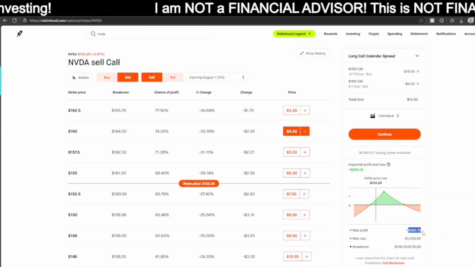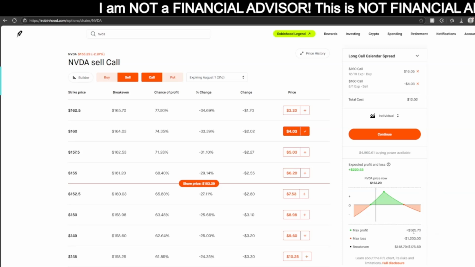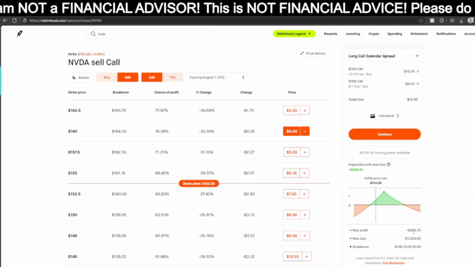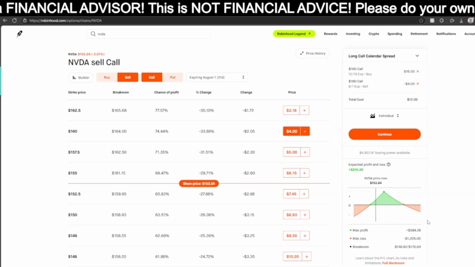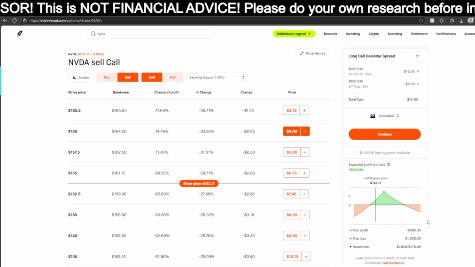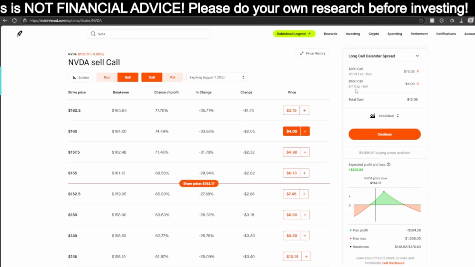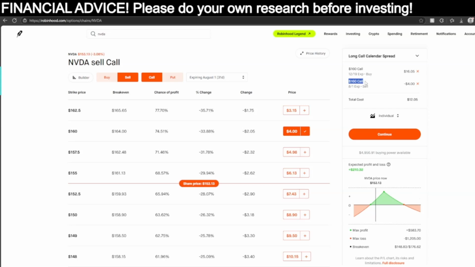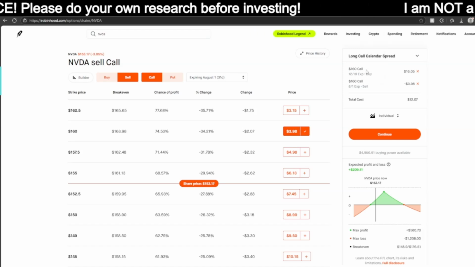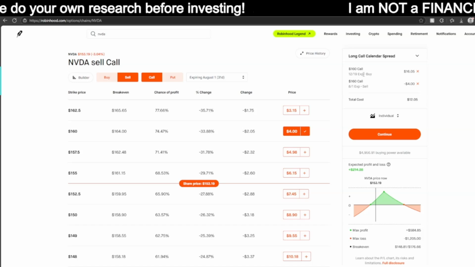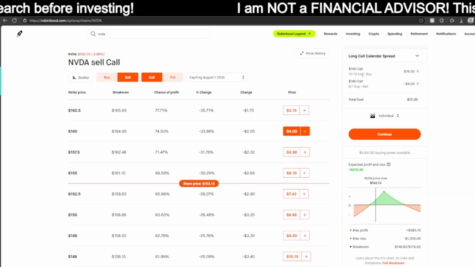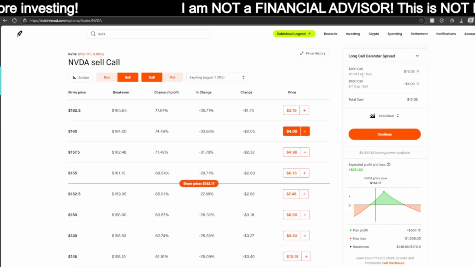And again, it does cap out your profit here at $585, but you still are able to get some really good profits as a result. Now, the good thing about this long call calendar spread, also known as a poor man's covered call, is that say by August 1st, we don't hit 160, you can still hold this bought option, then go to September and sell another one, then October, and just keep offsetting the price that you pay by collecting